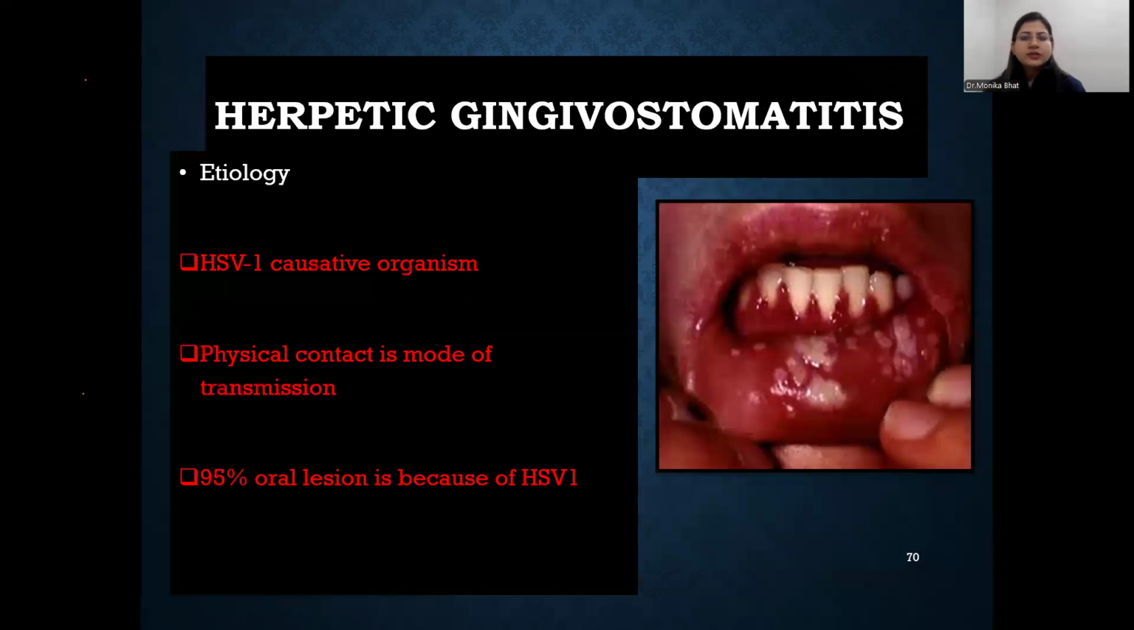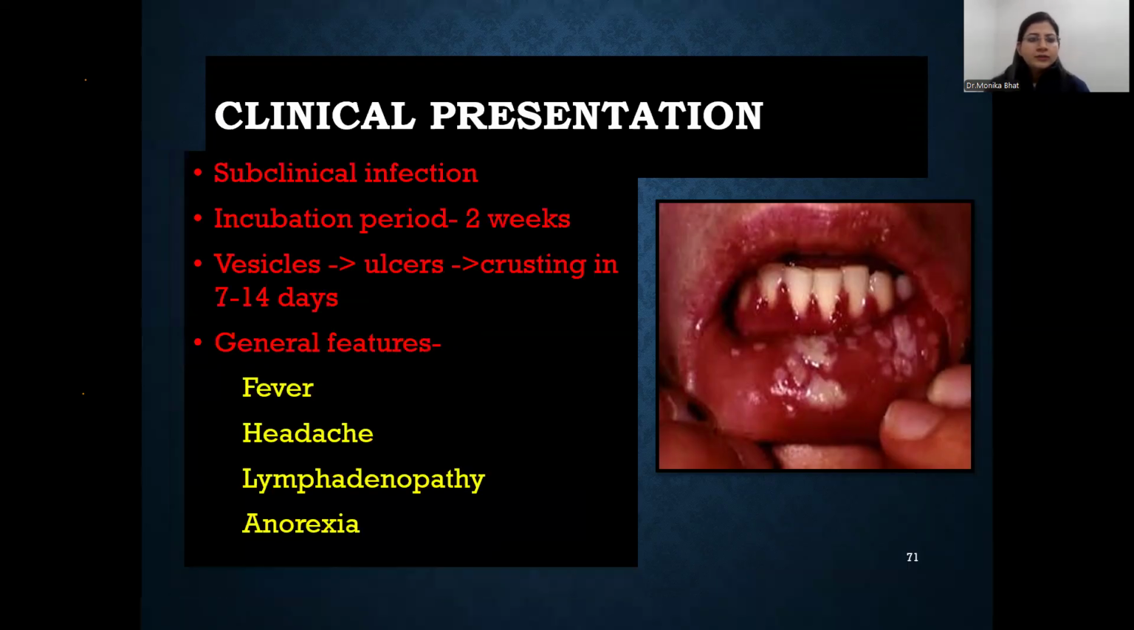It is herpetic gingivostomatitis. First category, HSV1 is a causative organism for this herpetic gingivostomatitis. Physical contact is the mode of transmission. 95% of the oral lesions are because of the HSV1. The clinical or subclinical infection can be there. Incubation period is 2 weeks. Vesicles, ulcers, crusting is the pattern of the formation of these